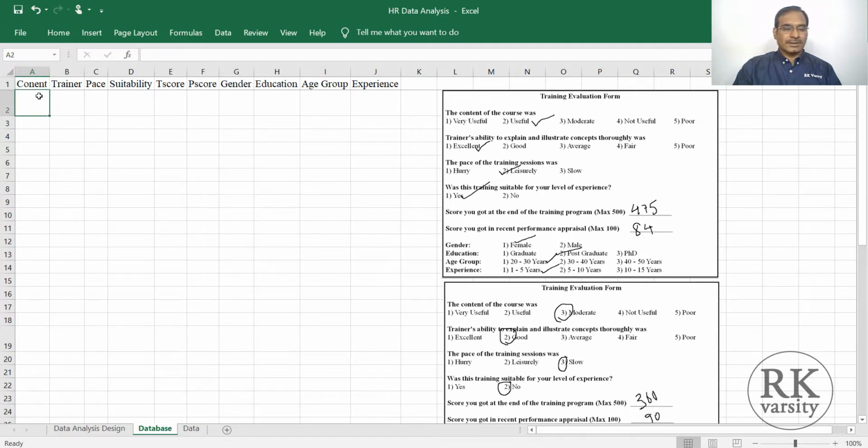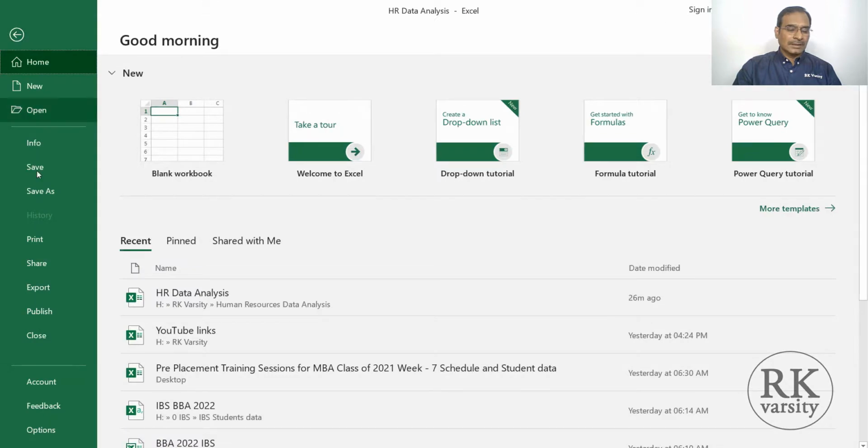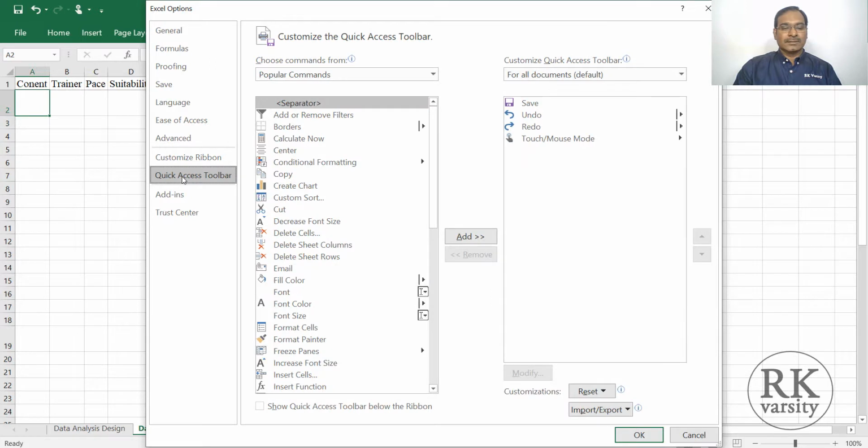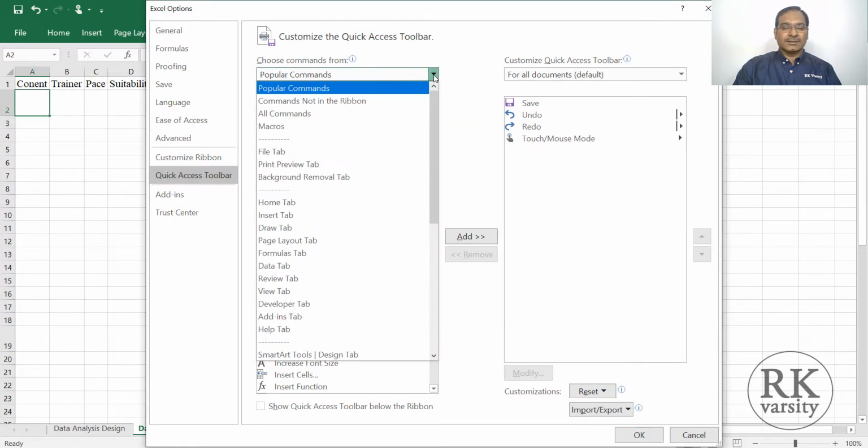Now once you create the variables or fields here, click the File menu, then click on the Options menu. From Options, choose Quick Access Toolbar, and in the Quick Access Toolbar, under Choose commands from, select All Commands.